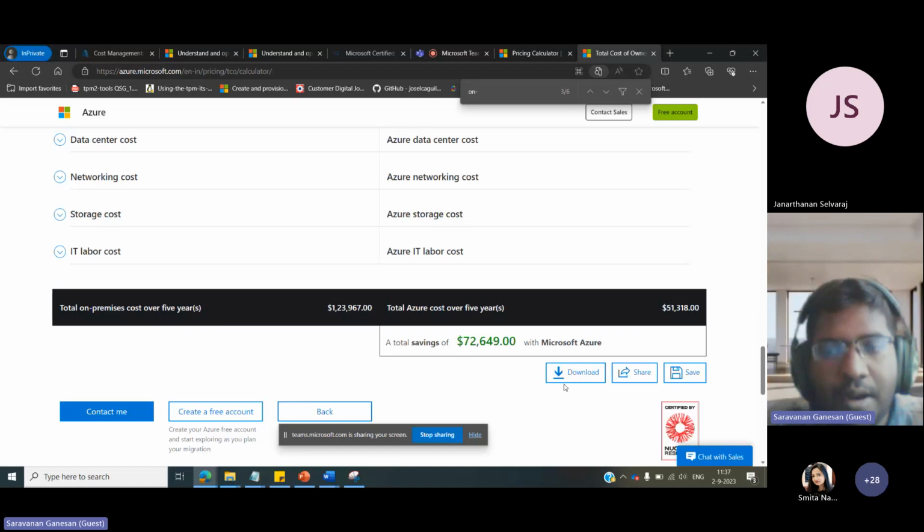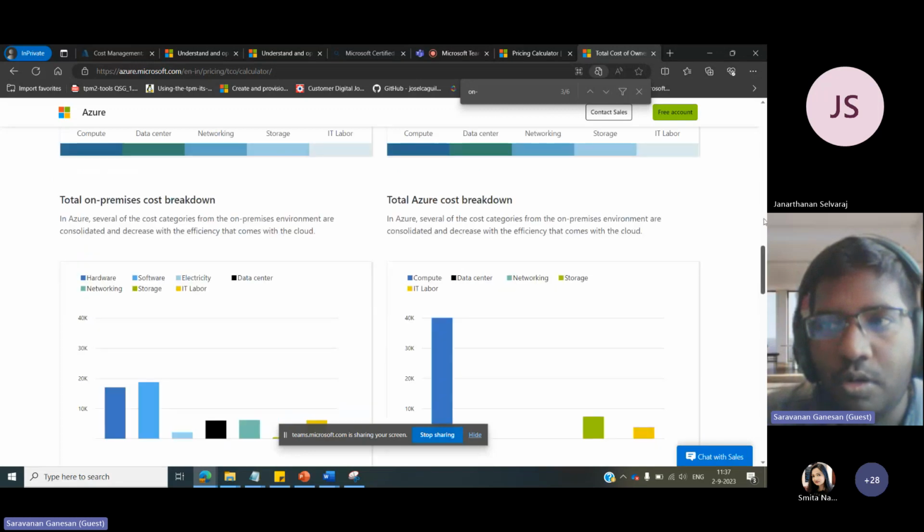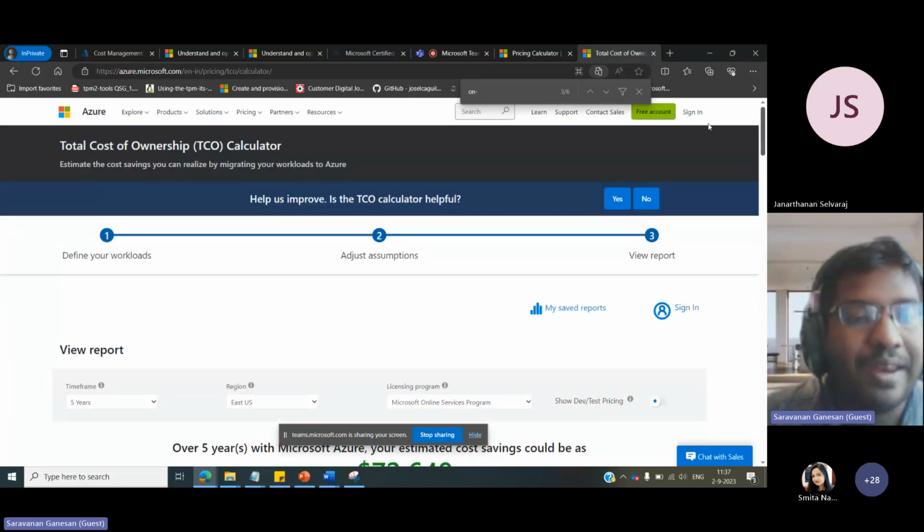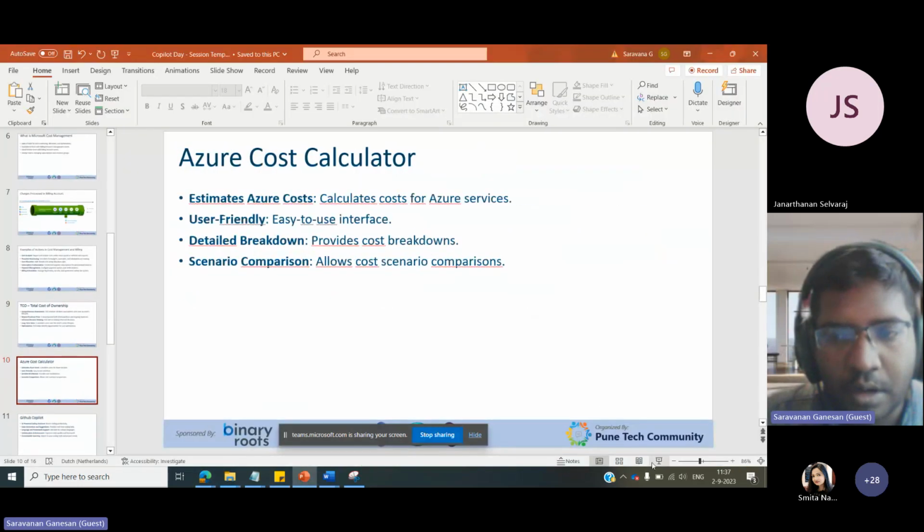Okay, and then this data can be shared to your email, or you can download it as Excel, and we can share it to the client as well. So this is a simple demo about how to use a TCO calculator. Okay, and next comes our